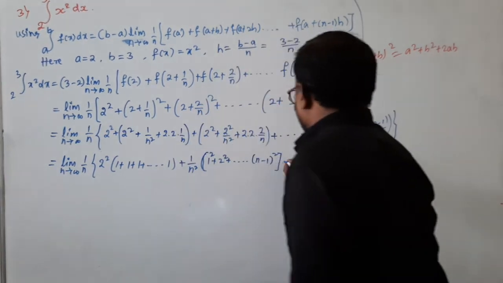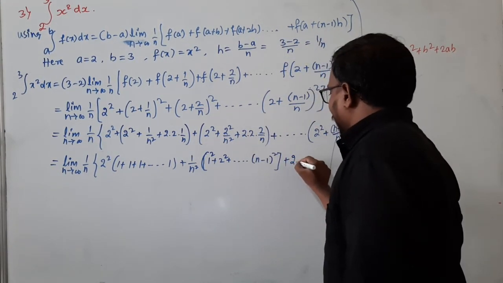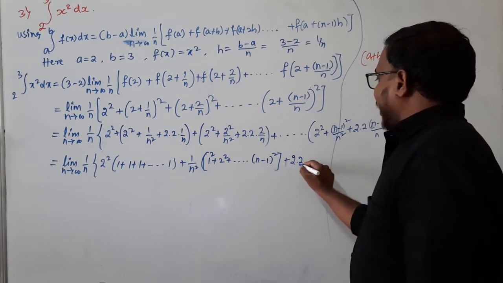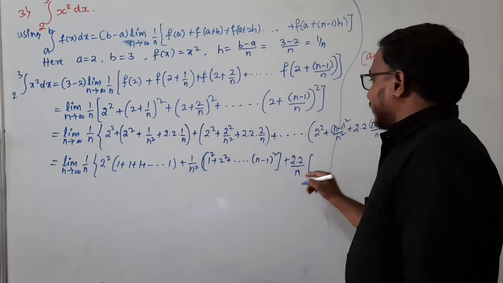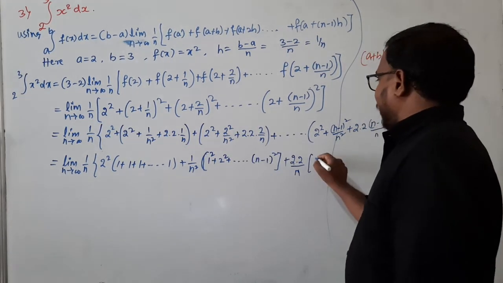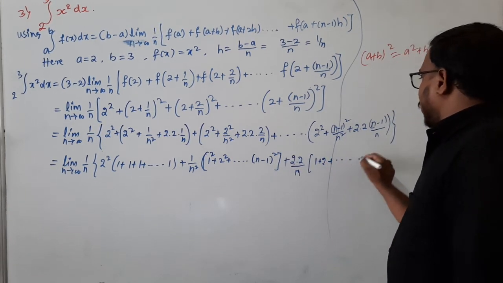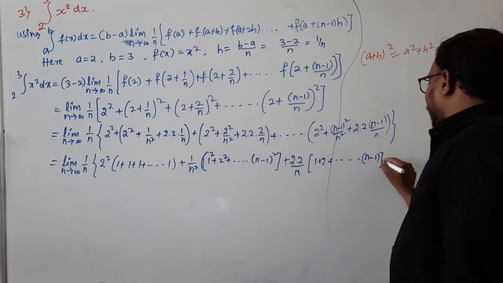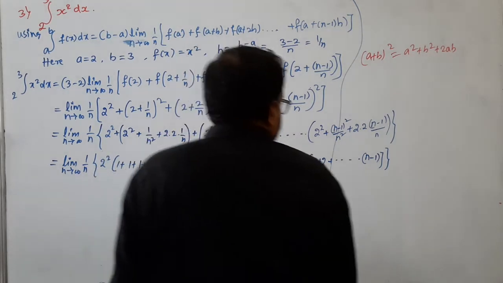Next plus, I am taking 2 into 2 as a common, divided by n also. The remaining values here are 1, here is 2, and so on up to how many terms? n minus 1 terms. Okay,